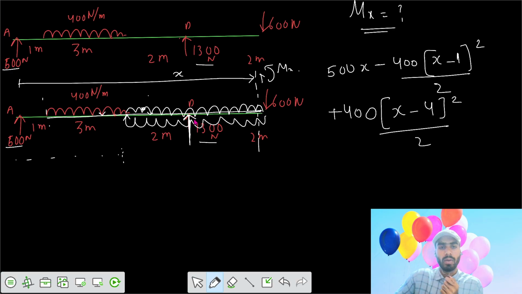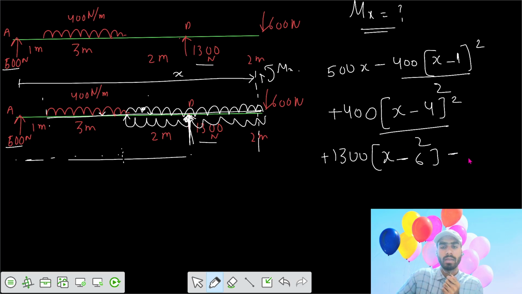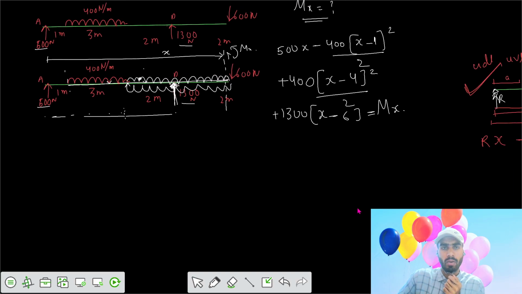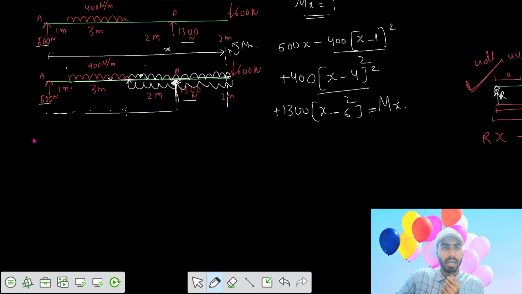Similarly, you have reaction 1300, that's also clockwise, 1300 for a length of x minus 6, that is 2 plus 3 plus 1, which is 6. Then we have moment Mx anti-clockwise, so finally we write positive Mx. So we got the equation for the moment at x. Now let's write that EI